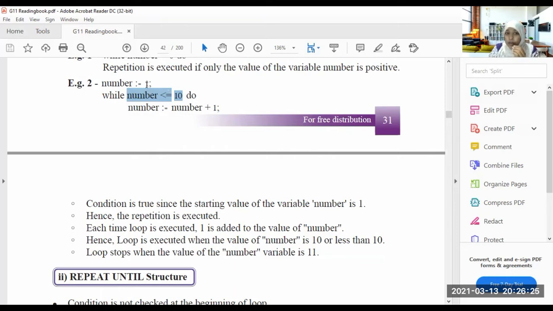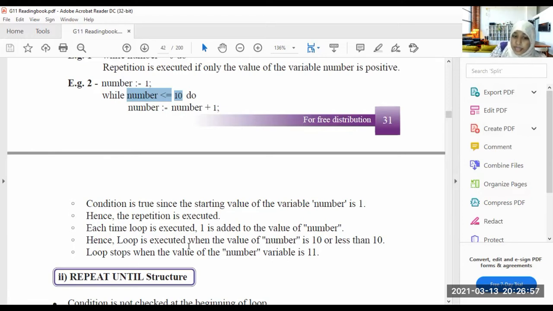When we come to 10, 10 less than or equal to 10, yes, it is true. 10 plus 1, 11. Now is 11 less than or equal to 10? No. The statement is false. Then the repetition will be stopped. Now understood?